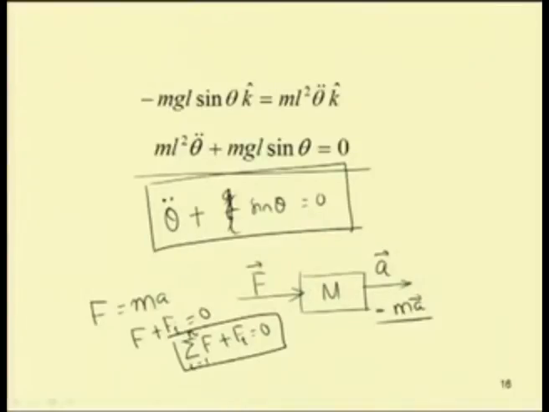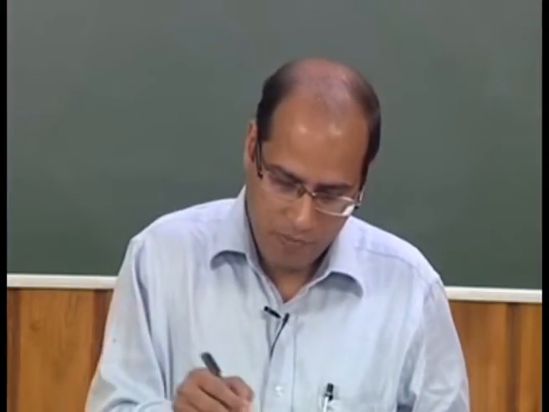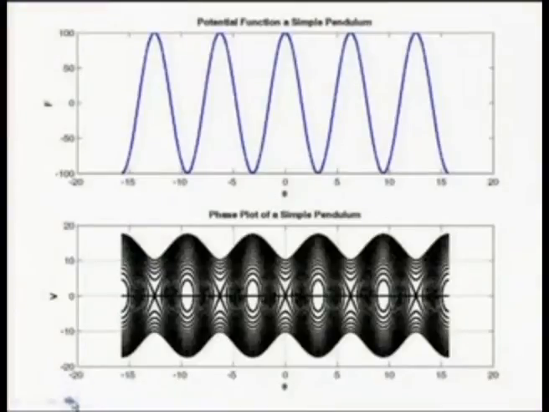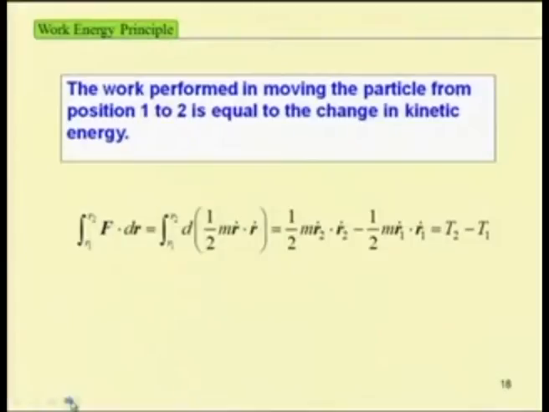By using the D'Alembert principle, we are converting the dynamical system to a static system. The advantage is that in a static system we can apply the virtual work principle. By applying the virtual work principle, we can convert this vector based equation of motion to a scalar based equation of motion, using scalar quantities like potential energy and kinetic energy of the system. Last class we also saw the qualitative analysis for finding the phase portrait of a simple pendulum.